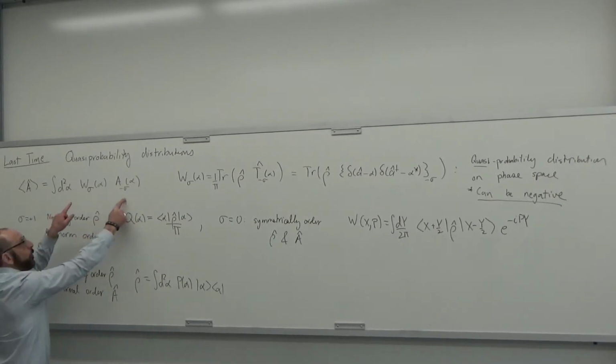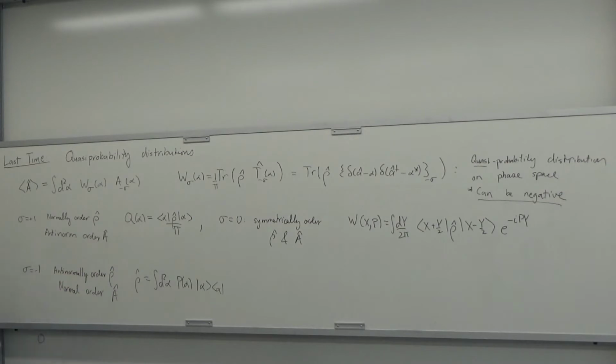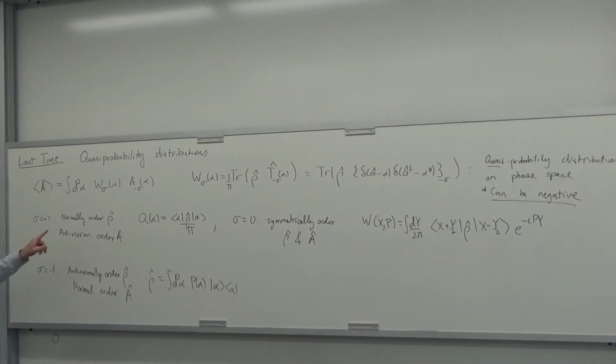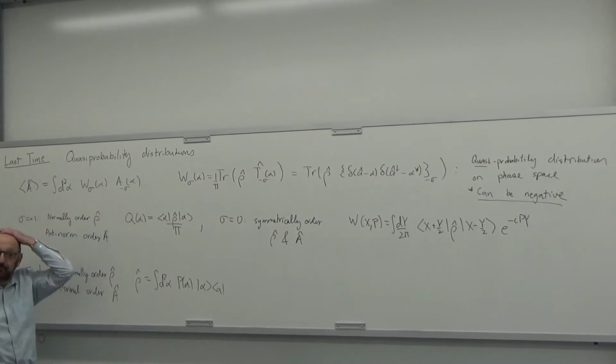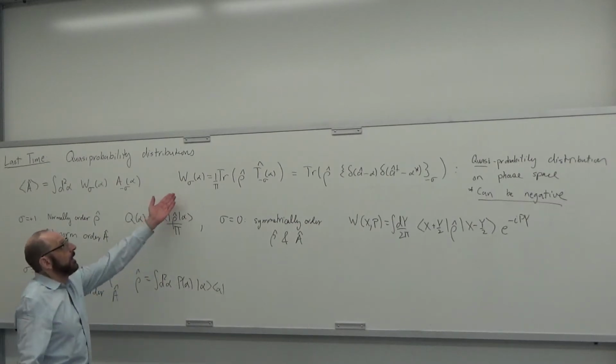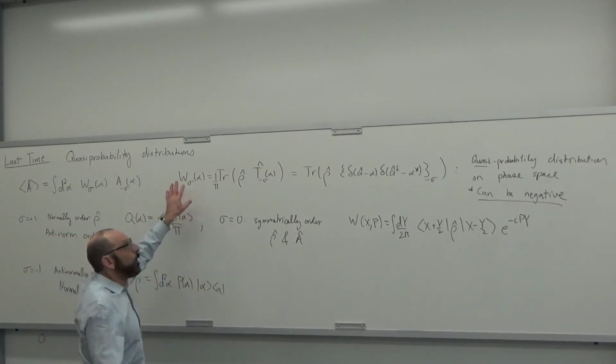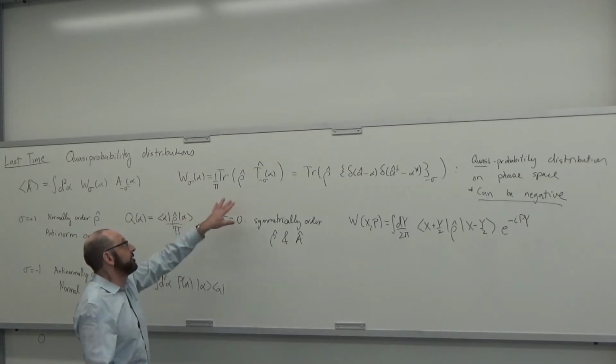They come in this duality where sigma corresponds to the operator ordering index. Okay, so they come in this duality. And we can obtain this sigma ordered representation of the state